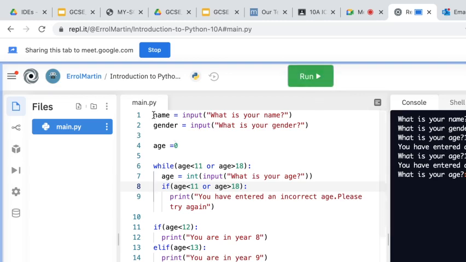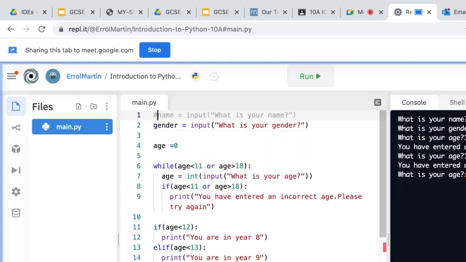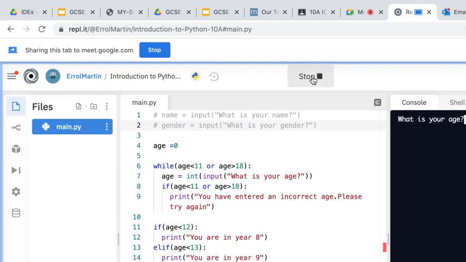Now you could comment this code out. So just put a little hashtag in. So I'm just going to put a hashtag in just to comment that code out, so it doesn't run whenever I'm trying to just test this bit of code. Then I'm just going to click run. So what is your age? If I put in 19, or if I put in 10, it's going to keep asking me to enter the correct age. So if I put in 12, then